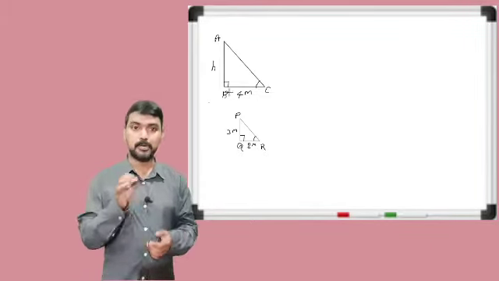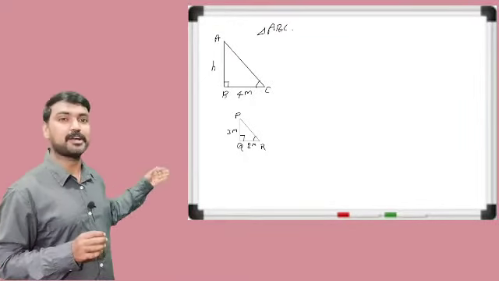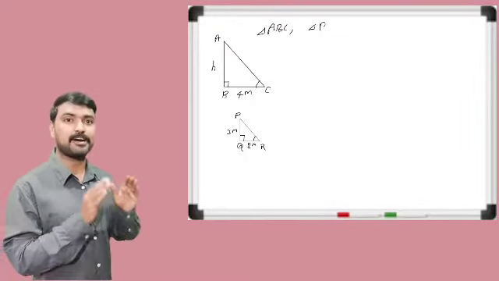These two triangles are similar by the AA similarity rule, because in triangle ABC, angle B is equal to angle Q, because both are 90 degree. Already we said the reason. You got it? Aman, can you say the reason? Yes, 90 degree. Why is it 90 degree? The pole stands vertically. Okay, very good.